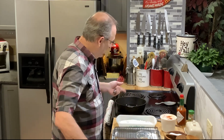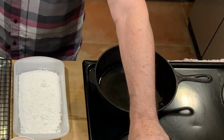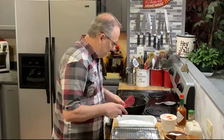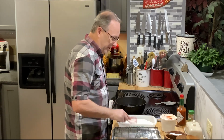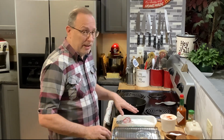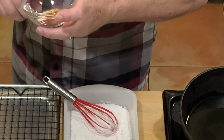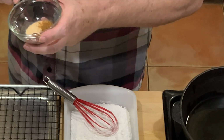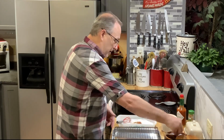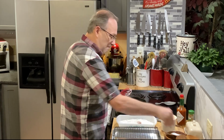I've got my cast iron Dutch oven sitting here, and it's supposed to be about 375, and I just used Crisco. I got about 1.5 to 2 inches in there. And I got about 1.25, a cup and a half of flour. I'm gonna add to it onion powder, garlic powder, cayenne, and smoked paprika. I'll put all the ingredients down below with the exact measurements. I'm also going to give it a good dosing of salt, maybe a teaspoon, maybe a little bit more,